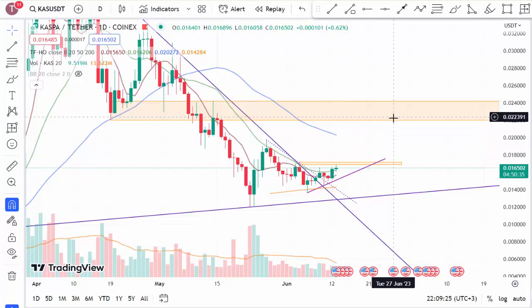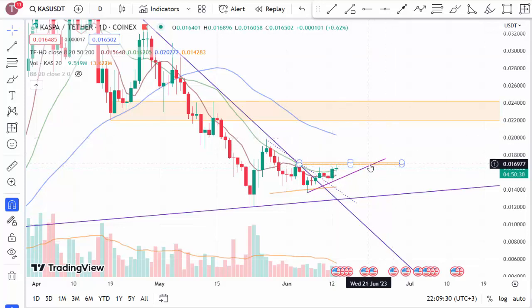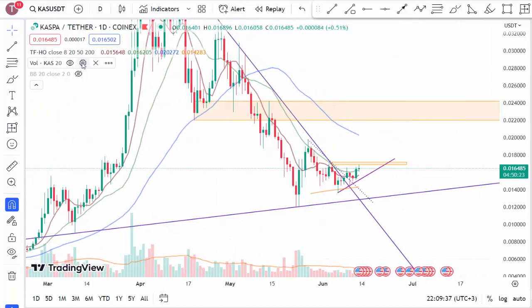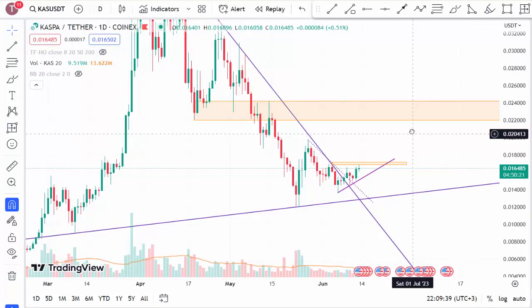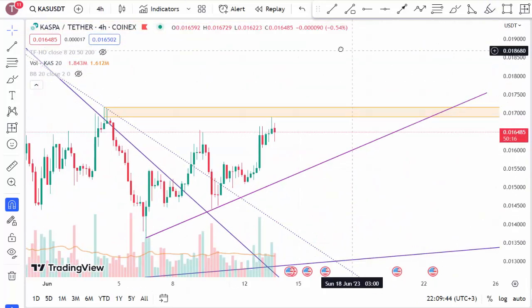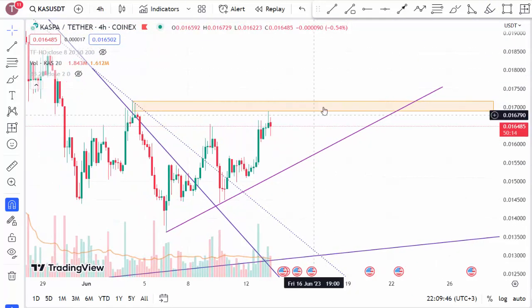The upward breakthrough of the 20-day moving average is significant, but it is even more important for it to hold above that level. In other words, it should remain above the 20-day moving average for us to witness the continuation of the upward price movements. This should be mentioned as well, and after closing the moving averages, let's turn to our analysis in the 4-hour